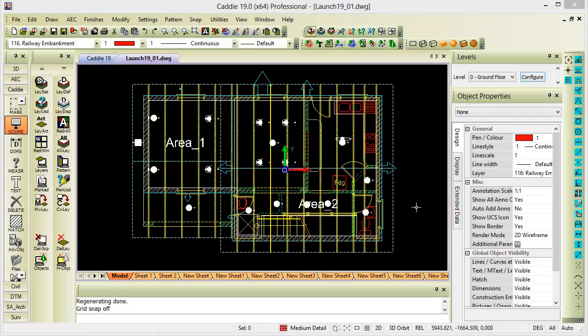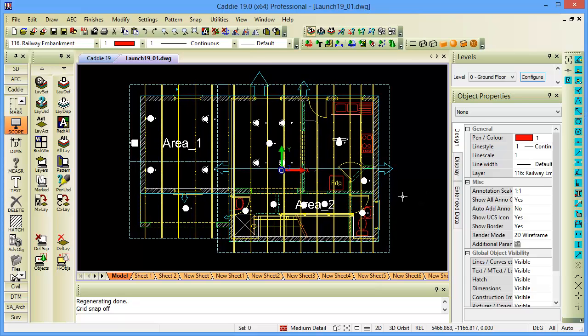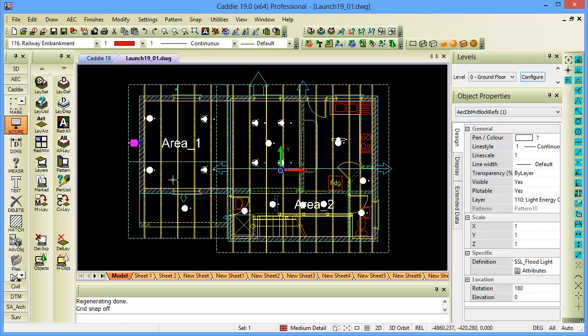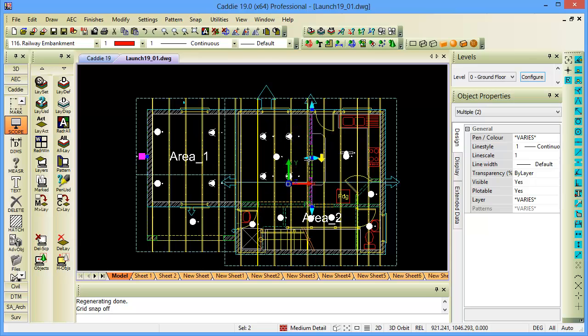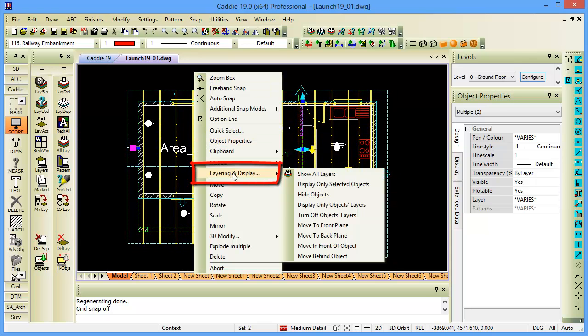In Caddie you can choose the objects that should be displayed in your scope, or by using your layer setup in different ways. The one way that I want to point towards currently is by selecting objects, as in this case I'm going to select a light symbol, and maybe I'm going to select a wall. So once they are selected, you can use the context sensitive menu, layering and display, and tell Caddie to display